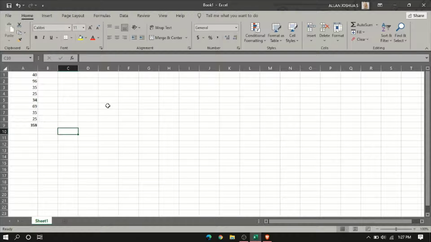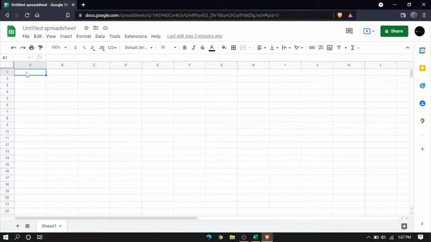Now I'm going to show you how you can do it in Google Sheets, for those who don't have Microsoft Office Excel. Go to Google Sheets and type some random numbers. Before that, I'm going to show you a small math calculation.